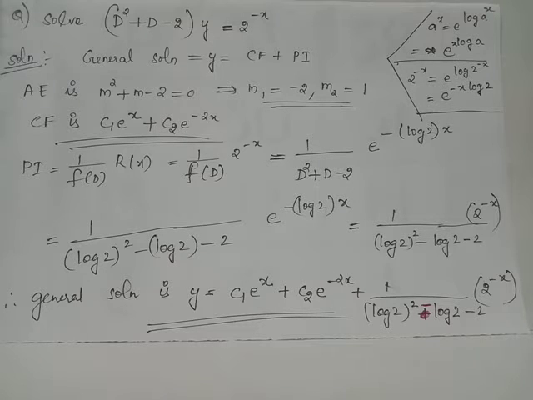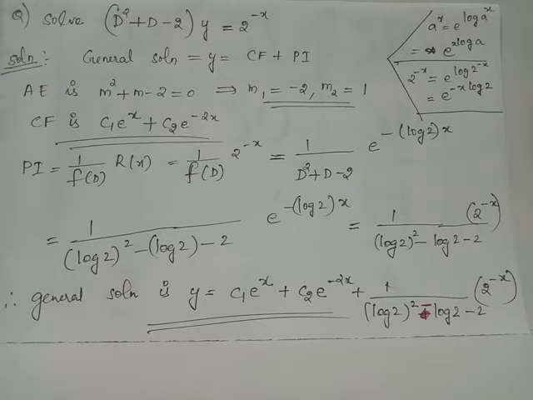The auxiliary equation is obtained by replacing capital D by m in the expression of f(D), where f(D) = D² + D − 2. Thus the auxiliary equation is m² + m − 2 = 0. We have two roots for the auxiliary equation, which are m1 = −2 and m2 = 1. Since we have distinct roots, the complementary function will be c1 e^x + c2 e^(−2x), or c2 e^x + c1 e^(−2x). c1 and c2 are just arbitrary constants.